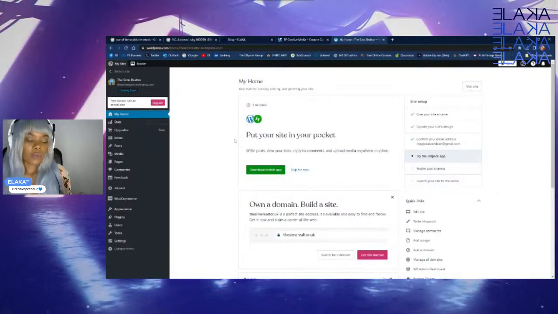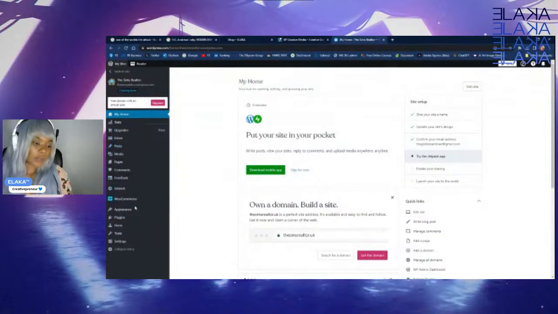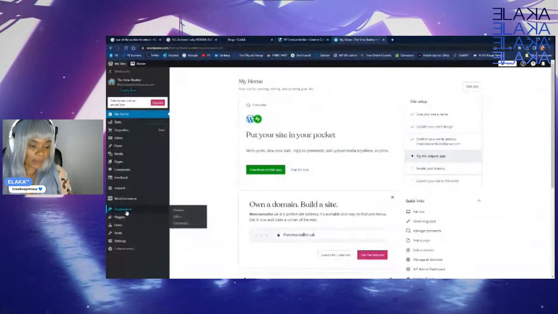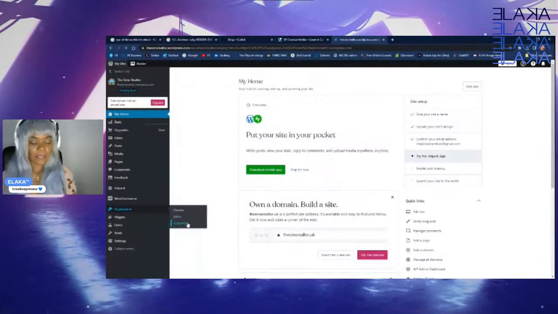Okay, so where to find customization? The reason why I also went through the list is so you can understand what is where. And so in order to go to customization, you just hover. I'm not even clicking on it. Just hover on appearance and then click on customize. Then when you click on customize,